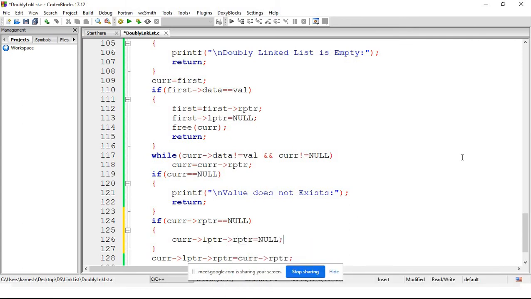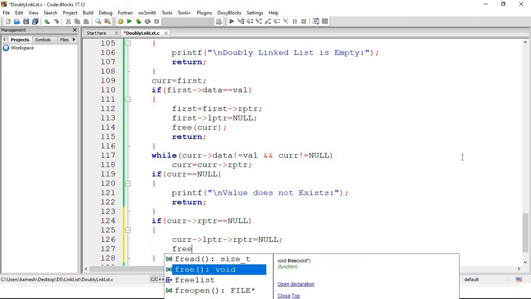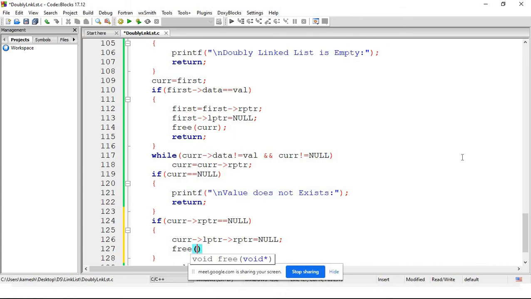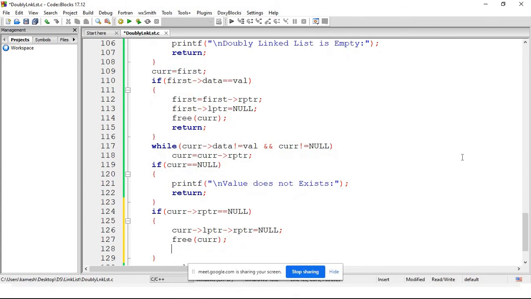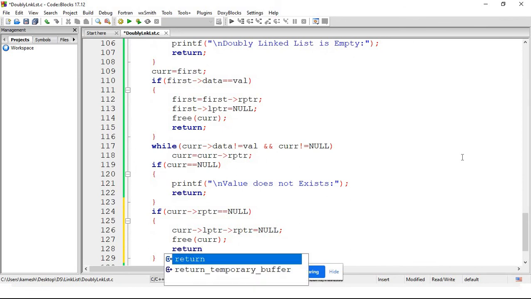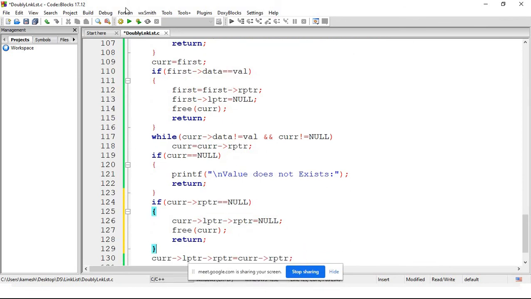So you just have to set the null value here, and afterwards you can delete your node. So free current, and here we just have to come out from this particular function, right? So let's test it.